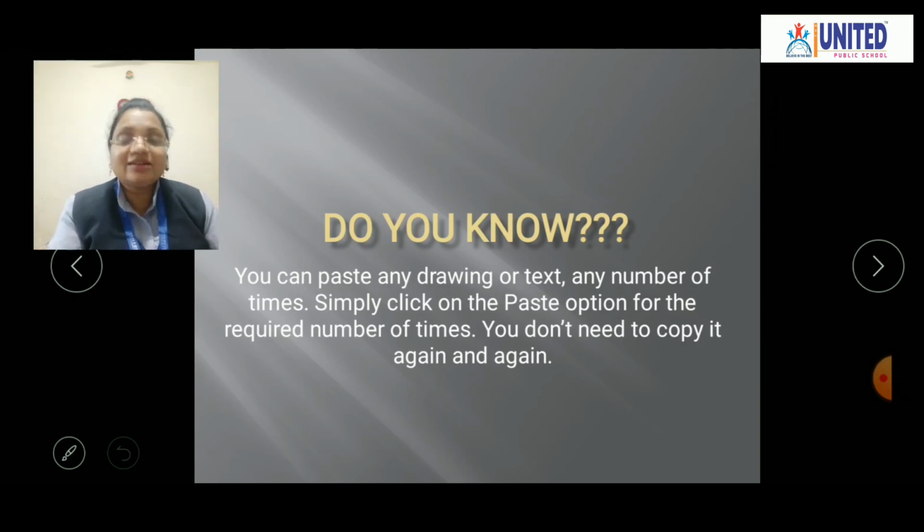Understand? That means here we can see for cutting, for copying, for deleting, we have to first select the image, whatever you want to cut, delete, or copy. Without selecting, you cannot do these three operations. Okay, understand? We can do it practically also. So that's all for today.